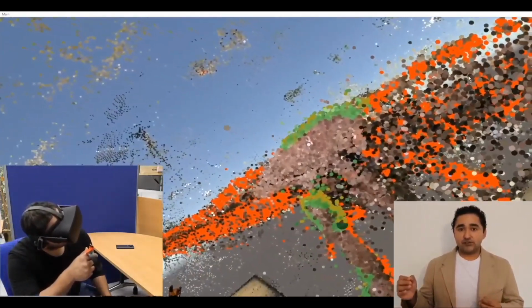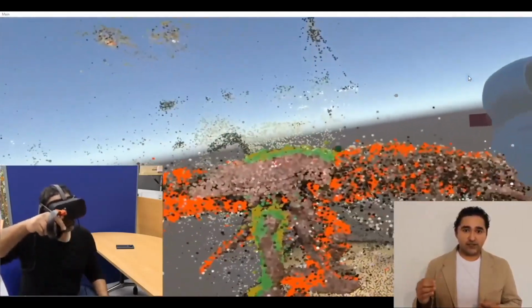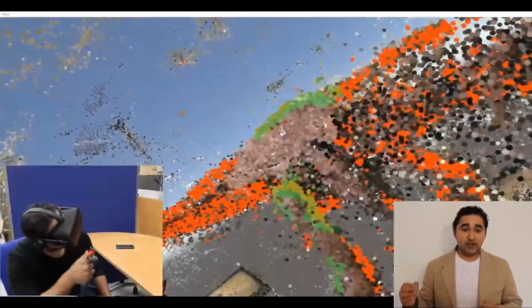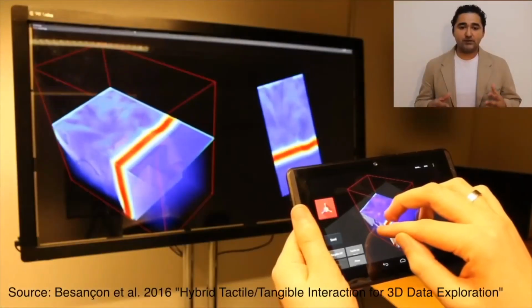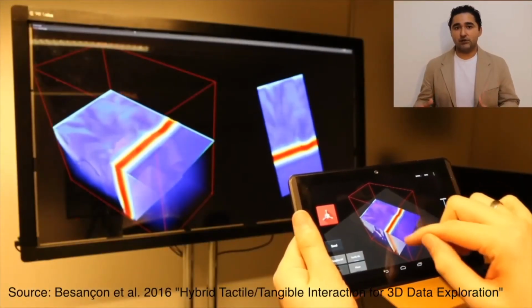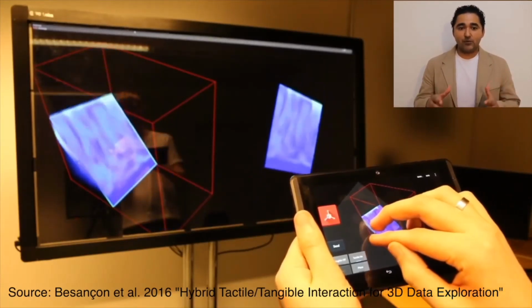Producing over-selection, selecting more elements than the target, and under-selection, selecting fewer elements than the target. Additionally, mid-air interactions may be tiring for long periods of time. To solve this problem, additional methods have been proposed in the literature to visualize 3D data, including additional viewpoints using